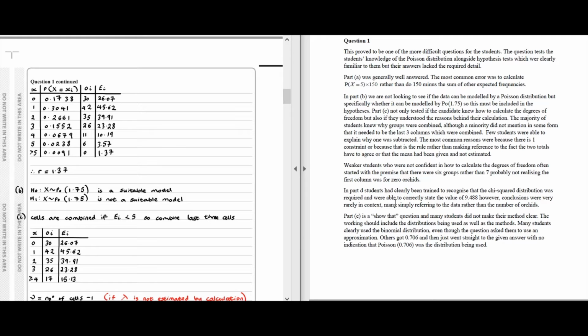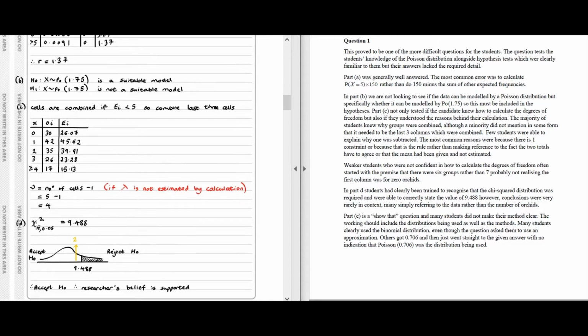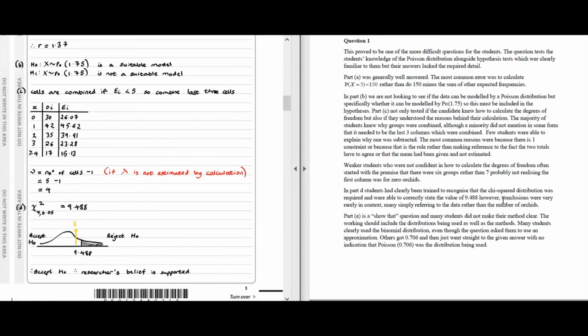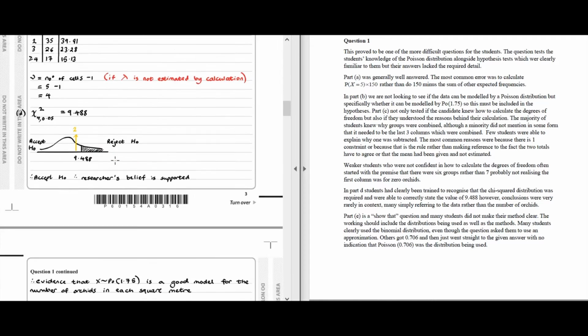In part D, students had clearly been trained to recognize that chi-squared distribution was required and were able to correctly state the value of 9.488, so you could find that from the tables. However, conclusions were very rarely in context, many simply referring to the data rather than the number of orchards. Part E of the question,